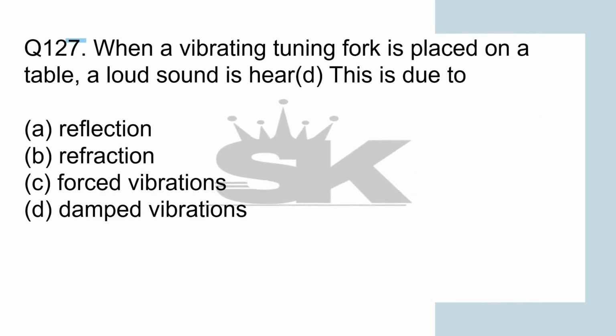When a vibrating tuning fork is placed on a table, a loud sound is heard. This is due to the forced vibrations. Okay. Forced vibration is when an alternating force or motion is applied to a mechanical system. For example, when a washing machine shakes due to an imbalance. Okay. Forced vibration is a type of vibration in which a force is repeatedly applied to a mechanical system. Okay,